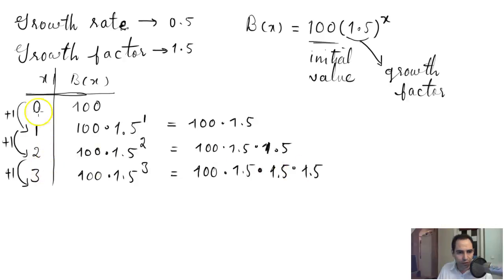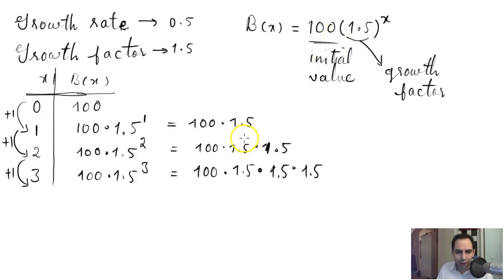As you keep increasing your input, the number of times that this growth factor is being multiplied by the initial value of the function increases by 1 each time. Here you have one time, twice, and thrice. So what that means is that